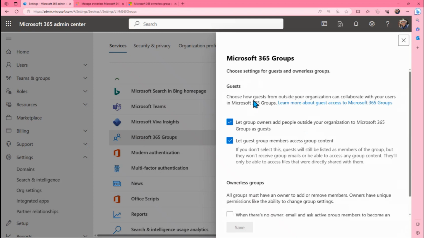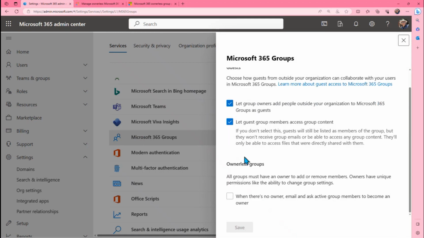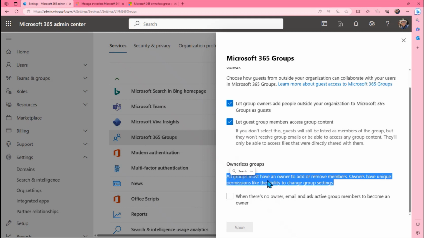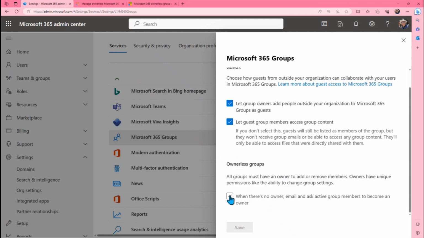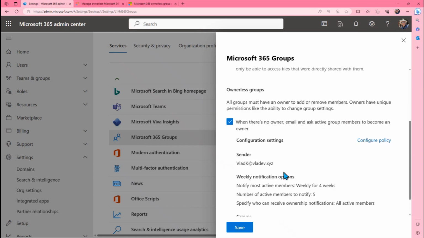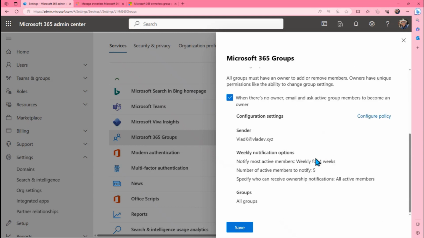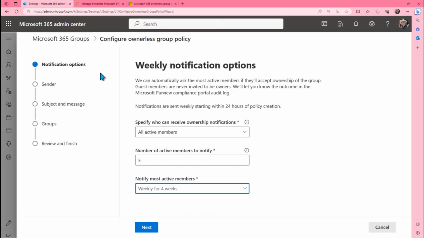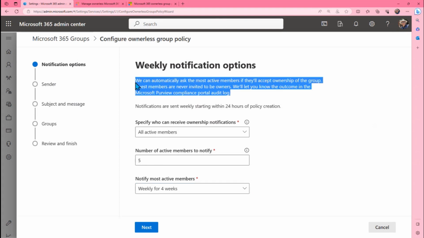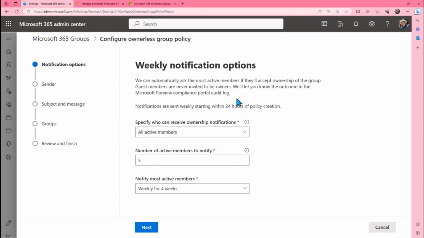Now, there are some settings over here, and below we can see Ownerless Groups configuration. Microsoft explains why we need this policy, and to configure it, we just select it and click Configure. Now, there are some pre-configured settings, but we're going to change them. Okay, that's a kind of wizard interface. Microsoft explains here the basics of the policy and how it works, but let's go to step 1, where we can specify